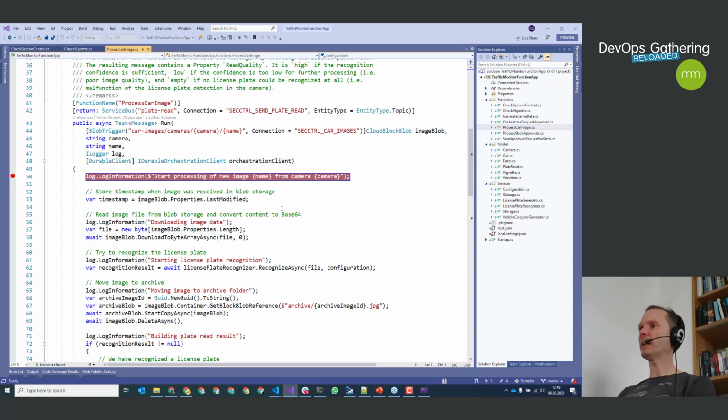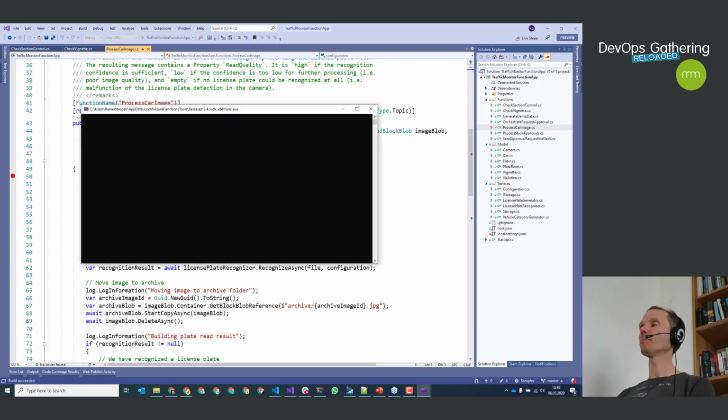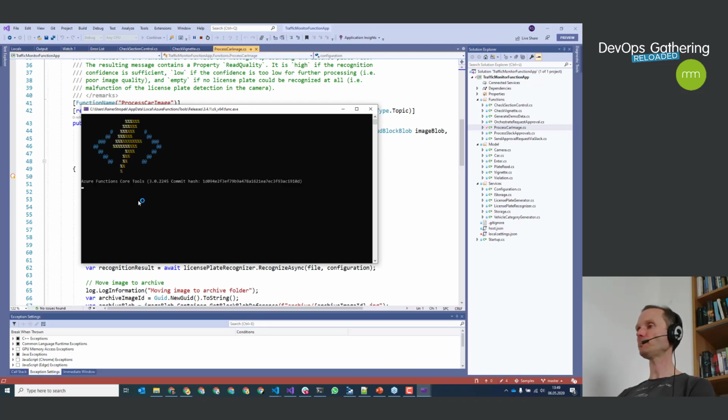The C# code is not relevant. This is not a C# workshop. We are not talking about Azure APIs. I just want to make sure that you understand how these Azure functions work with triggers, how they are triggered, how they work together. Okay? So I press F5. And again, the function runtime runs locally, which enables me to debug all these things.